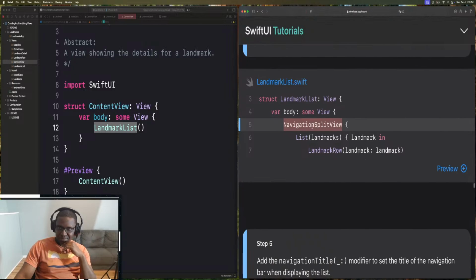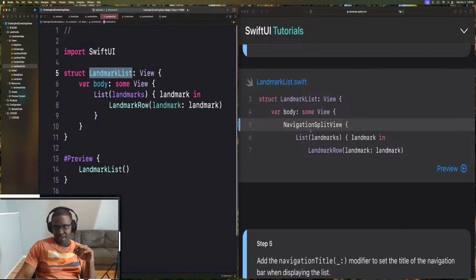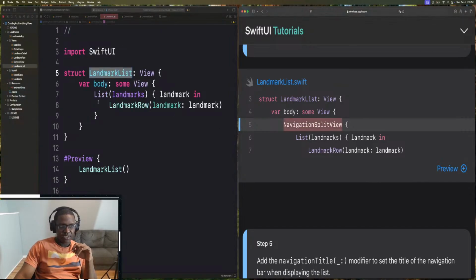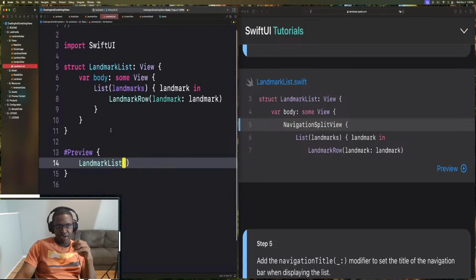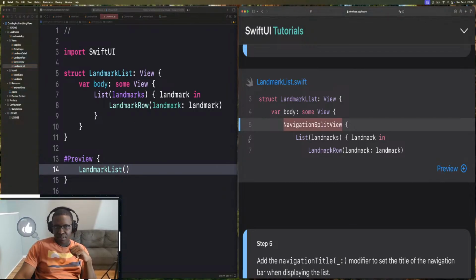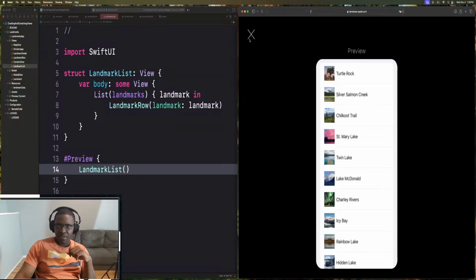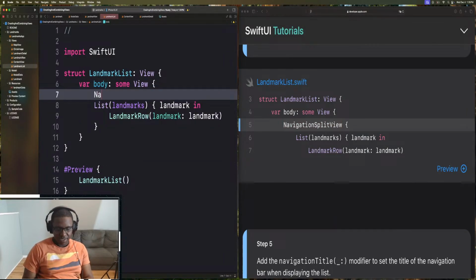So they pretty much just wrapped all our stuff here inside LandmarkListView, inside a navigation split view. So just make sure you're inside LandmarkListView, not ContentView right now. LandmarkListView. And then for the list, we're going to wrap this inside a navigation split view. And let's look at the preview. It might just be a visual. Yeah, not much difference. So what we're going to do here is just start typing in NavigationSplitView,